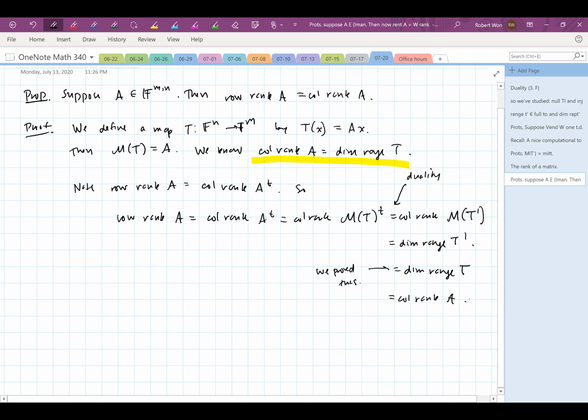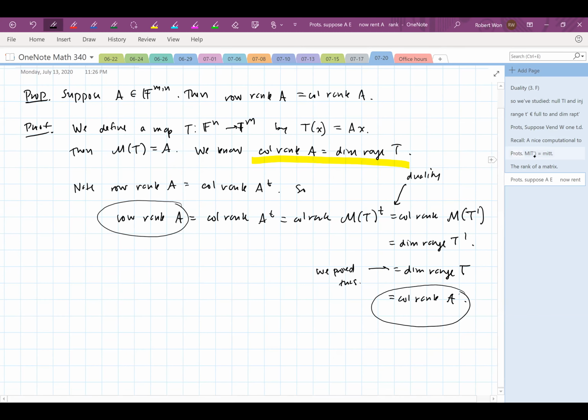Okay, so this is maybe a fancy way to prove this fact, but it does give you, I mean, all the equalities on this page are sort of very easy. Whereas I think if you want to develop the proof by Gaussian elimination, we'd have to spend, I don't know, 30 minutes. So this is faster than that. Okay, but now the row rank of any matrix is always equal to its column rank. I should have circled this one, I guess.